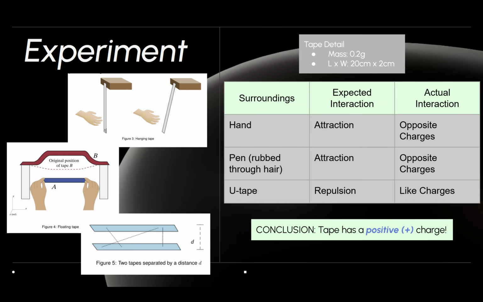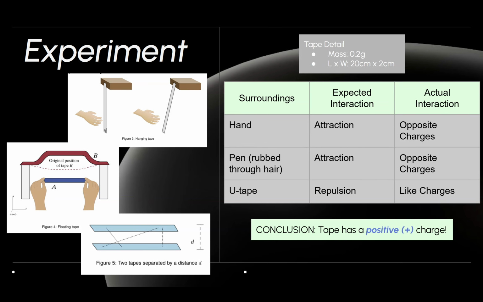For the experiment, as you'll see on the left, you have a charged tape, you hang it from a desk, use your hand to get near the bottom of the tape, and the tape should attract to your hand. For the second part, you take a piece of charged tape and put it under another tape, and it should levitate it slightly. This is essentially showing that there is attraction and repulsion between the two tapes based on the charge. So with your hand, you're expecting it to attract,